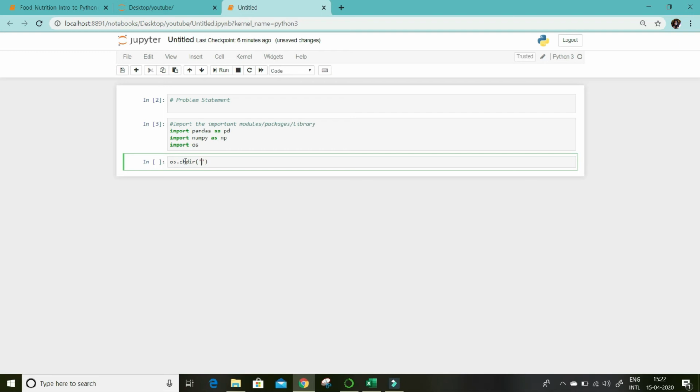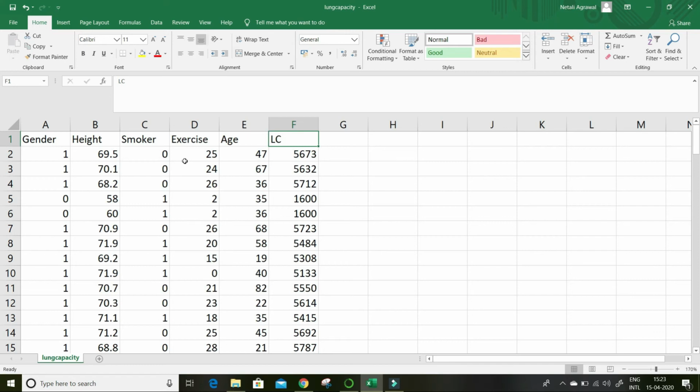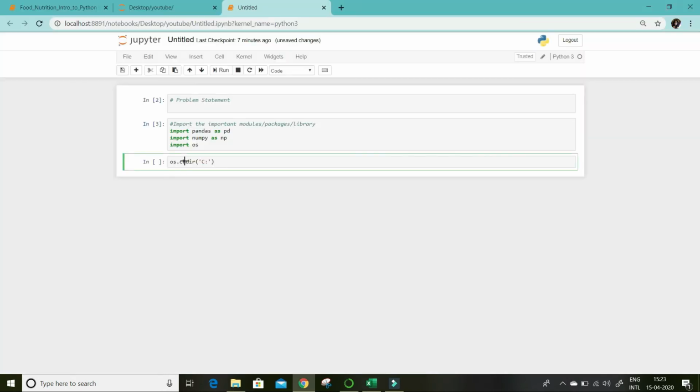It can't be two different situations. That's why I'm setting up the directory as C. Since the file that I showed you is already in my desktop and YouTube folder, we are in that folder, but just to tell you guys, I am using that. You have to mention the complete path, and you have to use double backslash.